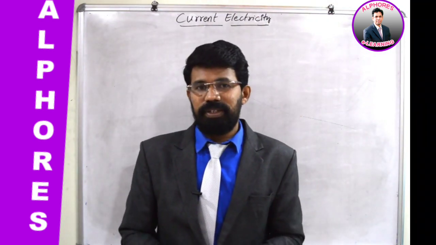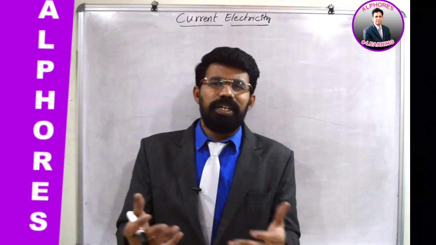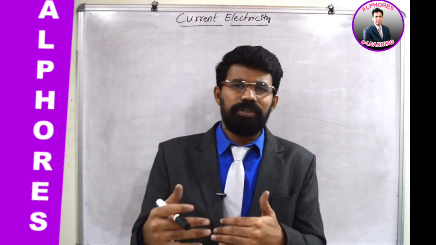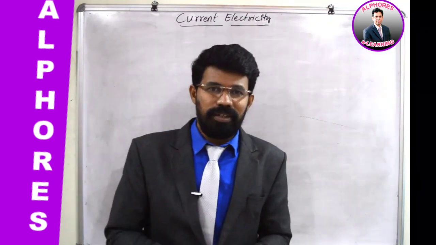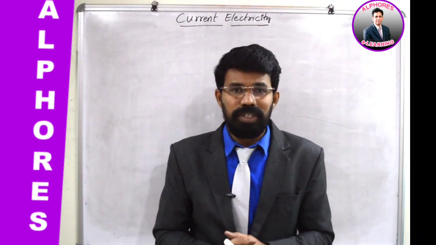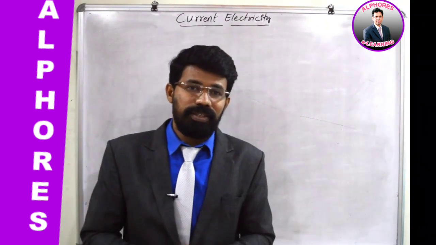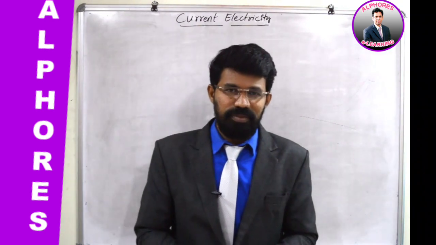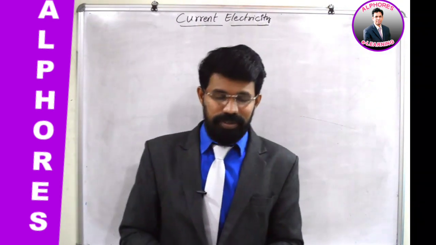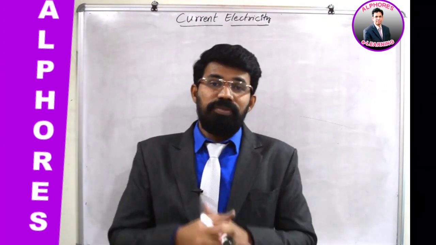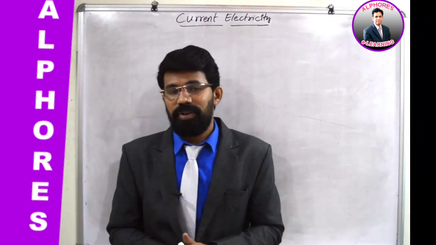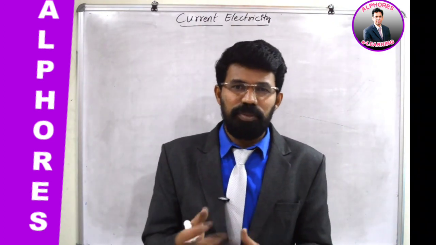Why do we call valence electrons free electrons? Because they are loosely held by the nucleus. They are not so strongly held by the nucleus as compared to electrons which are very close to the nucleus, like inner shell electrons. They are bound to the nucleus very strongly, whereas outer shell electrons are loosely held. Such kind of electrons are called valence electrons or free electrons. Valence electrons in the sense outermost electrons, but we call them free electrons. Plenty of free electrons are available in metals, and all those free electrons will be moving randomly here and there. They will be in motion continuously.